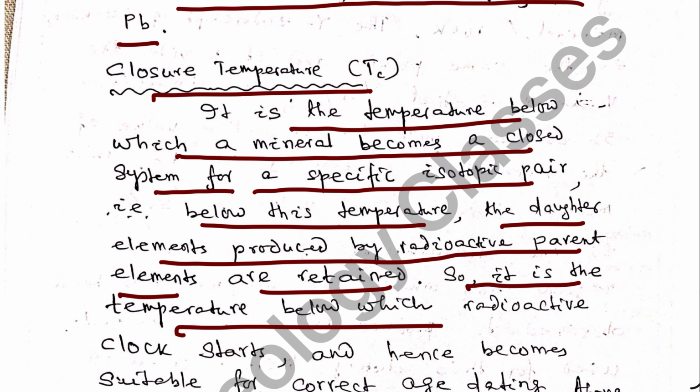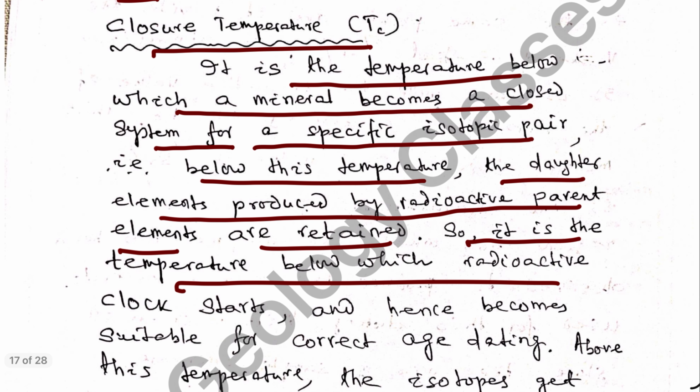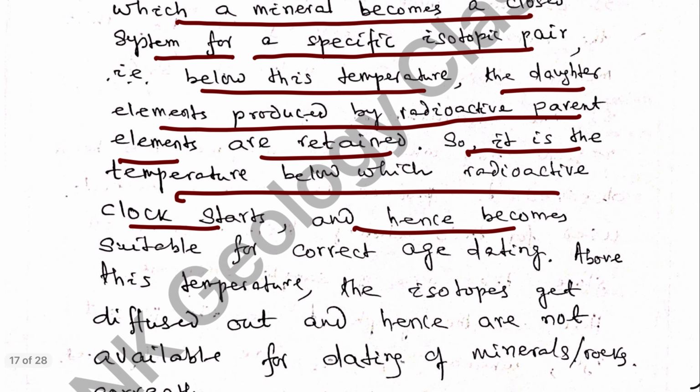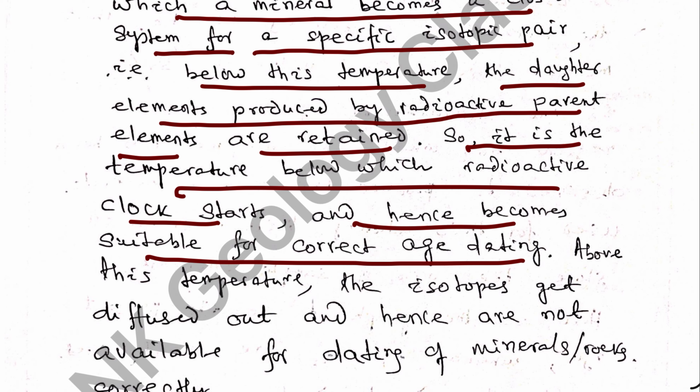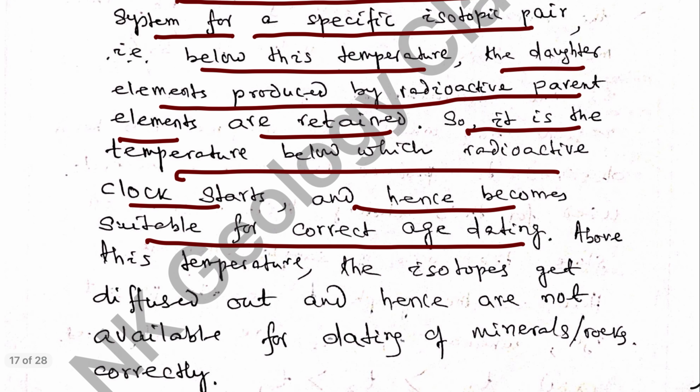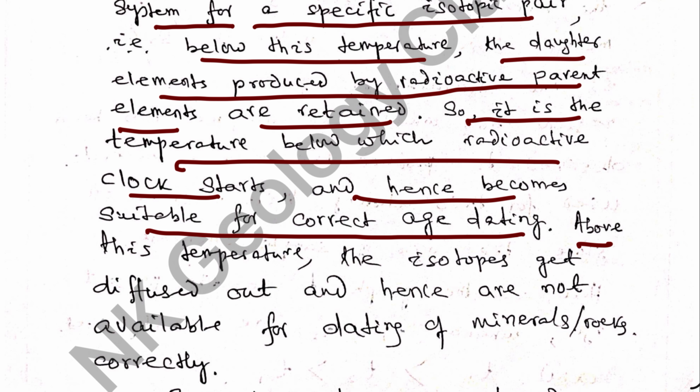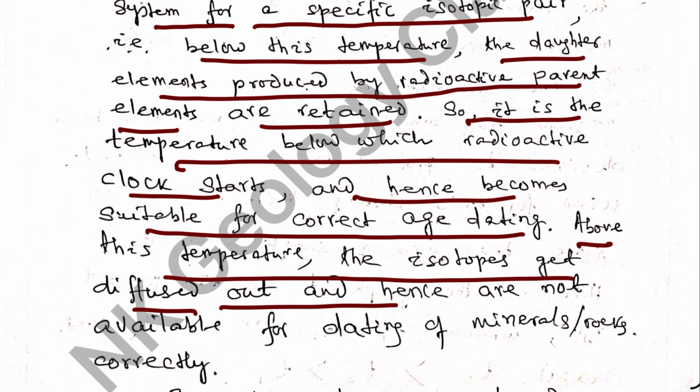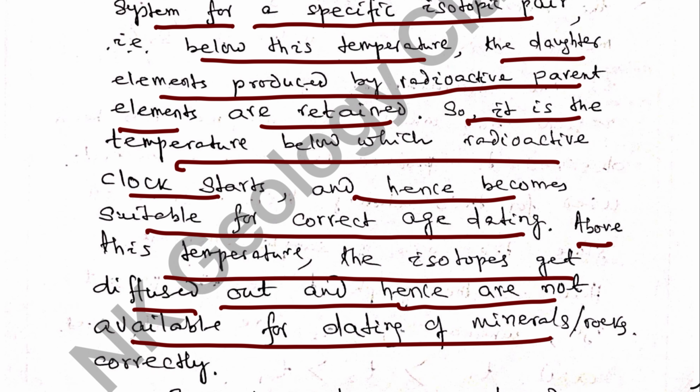So, it is the temperature below which the radioactive clock starts and hence becomes suitable for correct age dating. Above this temperature, the isotopes get diffused out of the system and hence are not available for dating of minerals